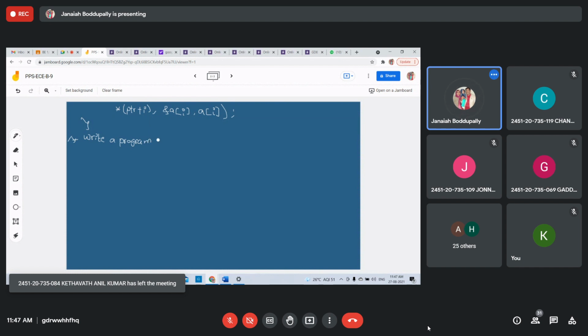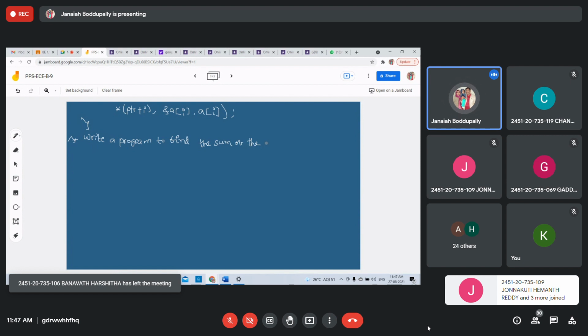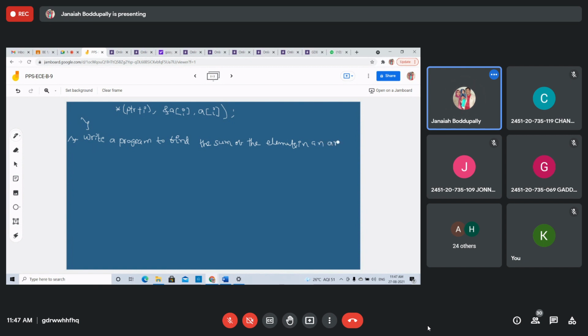Sum of the digits of a number we already executed using a for loop or while loop. Write a program to find the sum of the elements in an array using pointer.